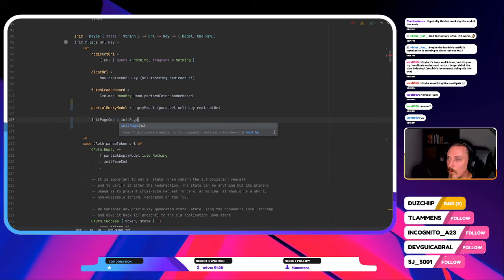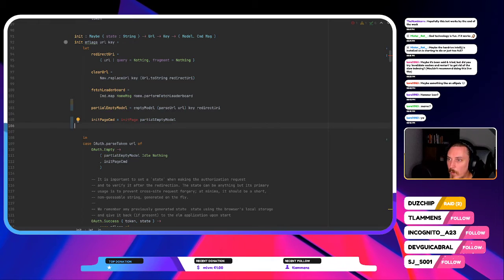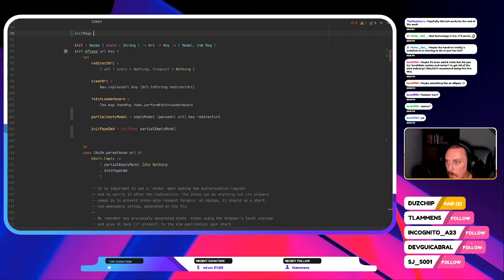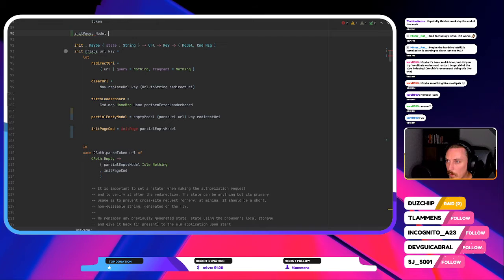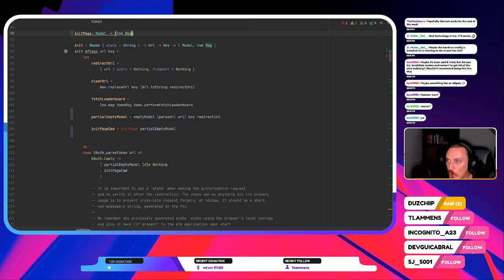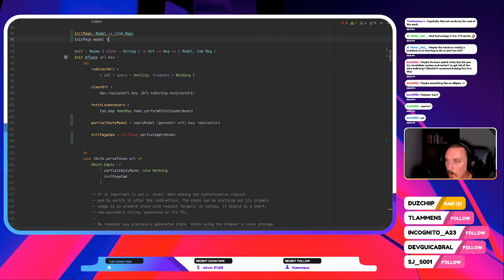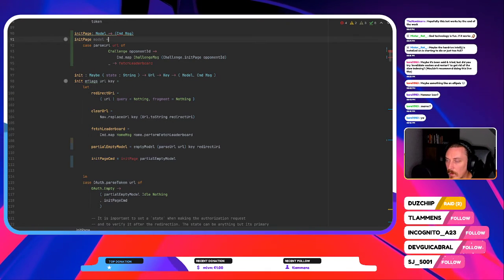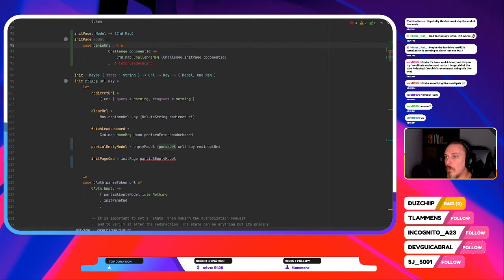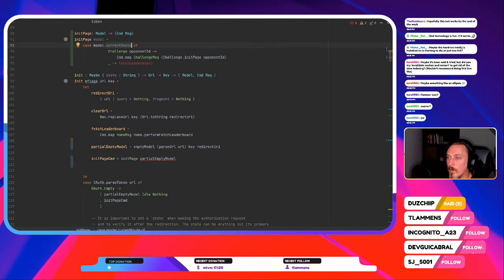Init page with the partial empty model, and then init page, let's write that here, is something that takes a model and in fact outputs a Cmd. And then we say init page takes in a model. And now really what we can do is, we don't even need parse URL, because we can say model.current route, because our